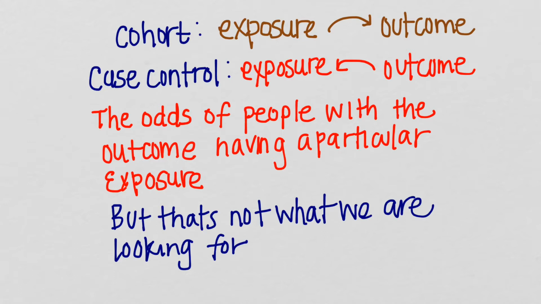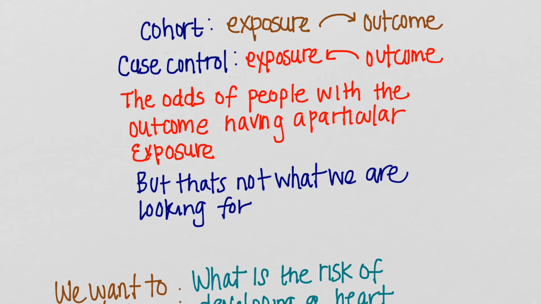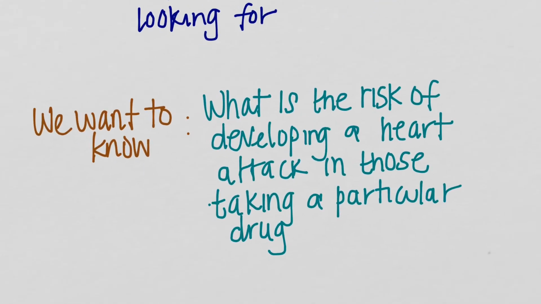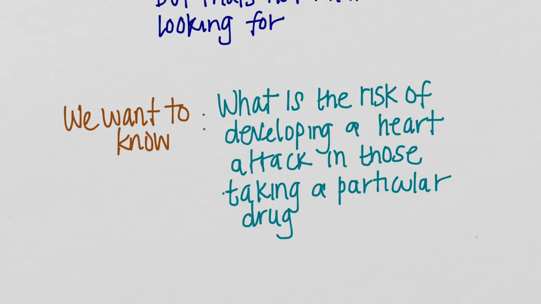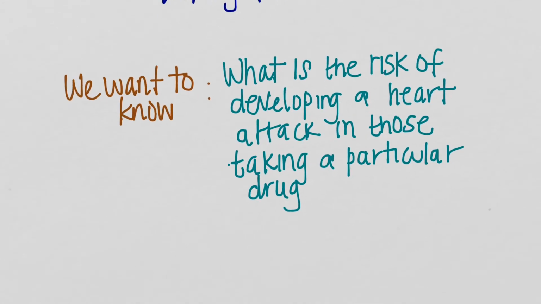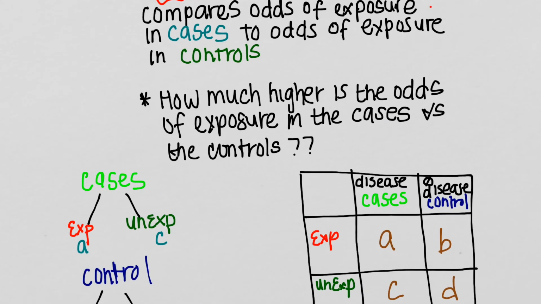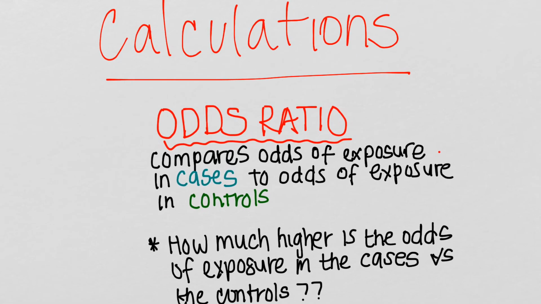So what we can say about a case control study is that we're looking at the odds of people with the outcome having a particular exposure. In other words, the number of people with a heart attack who actually took the pill. But that's not what we're looking for, at least not in this case scenario. What we're really looking for, you guys, is the risk of developing a heart attack in those taking a particular drug. And that really truly has to be answered with the calculation of a risk ratio, not an odds ratio. So let's start with the calculation of an odds ratio,